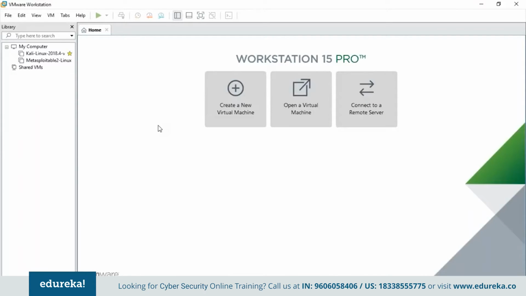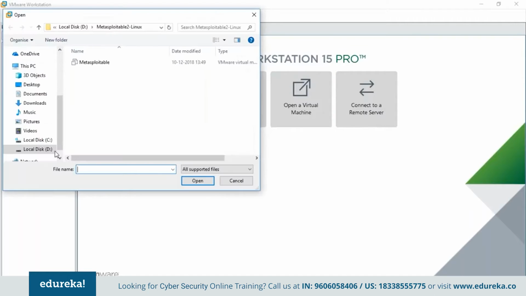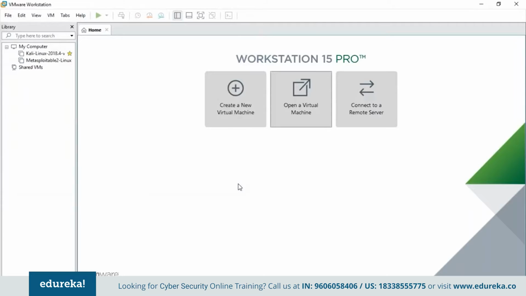As you can see on my VMware, I already have a Kali Linux and Metasploitable 2 as well. Anyway, on VMware, if you have downloaded the ISO file and want to install Kali Linux, you can click on the Create a New Virtual Machine option and start installing it from the beginning. And suppose you have downloaded an image which is suitable for VMware or VirtualBox, in this case VMware, then you can just click on Open a Virtual Machine here and attach the image. As you can see, it is a Metasploitable image. If I click on that and click on Open, then the image will be installed here. Well, I'm just showing you how to do it if you've downloaded the image.